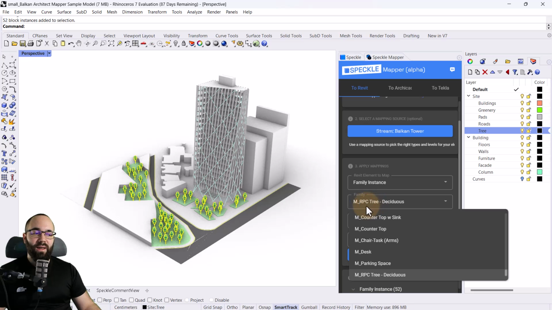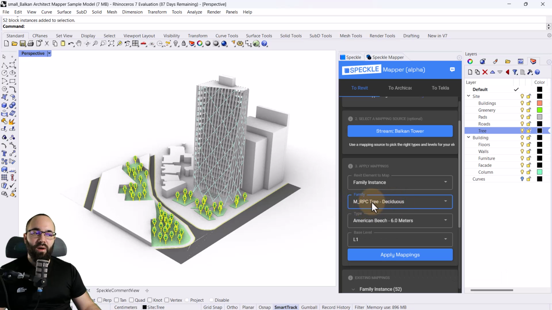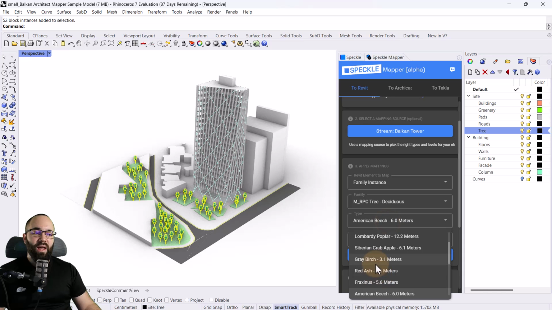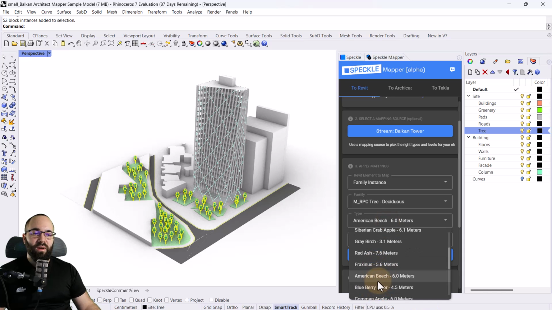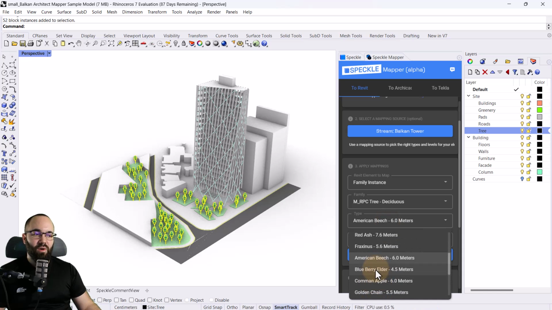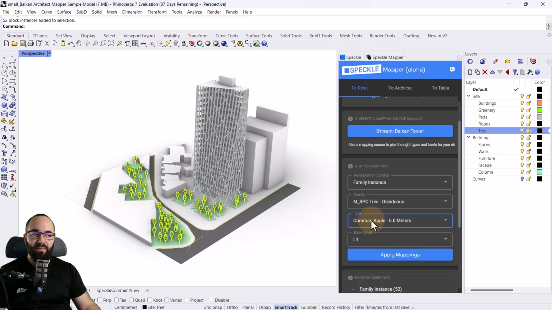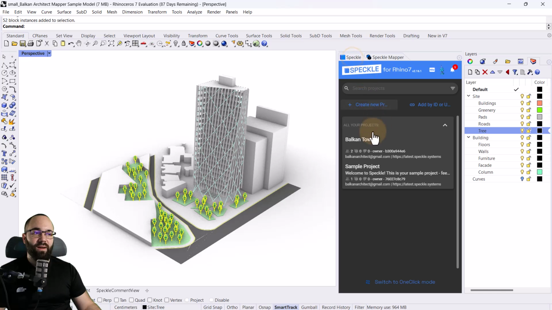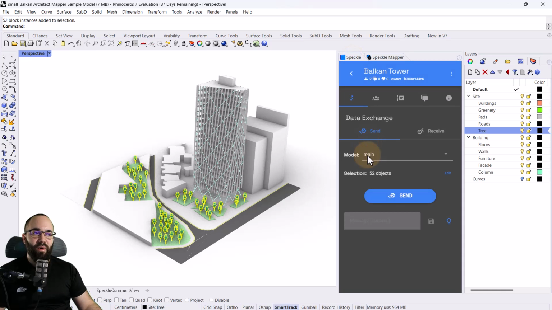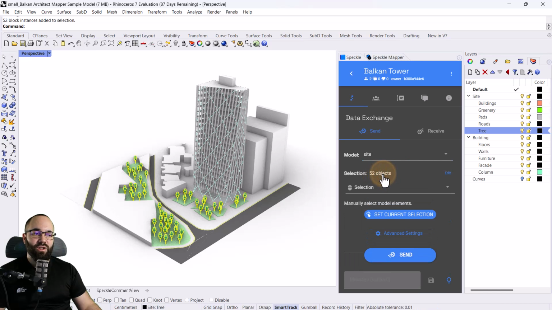And then here I can choose this RPC Revit tree, and then for the tree type I'm going to go with something a bit smaller. So yeah, let's go with this one, for example, and then let's just apply the mappings. Okay, then let's go back to Speckle, open the Balkan Tower project. I'm going to go back to the site project, and then for the selection,